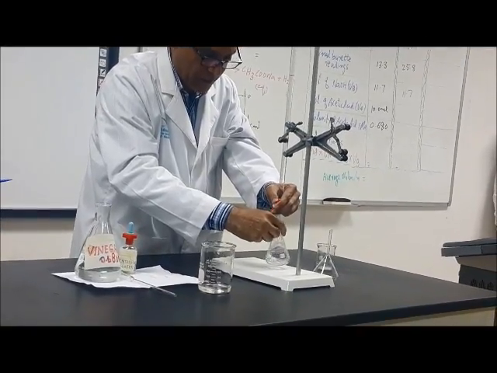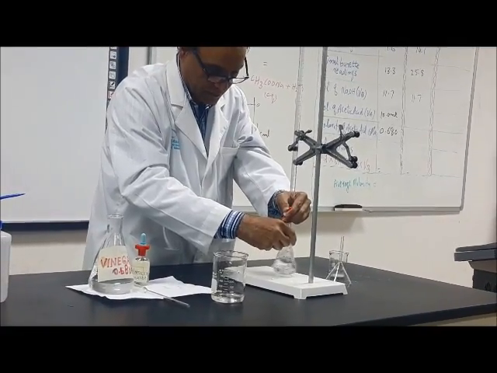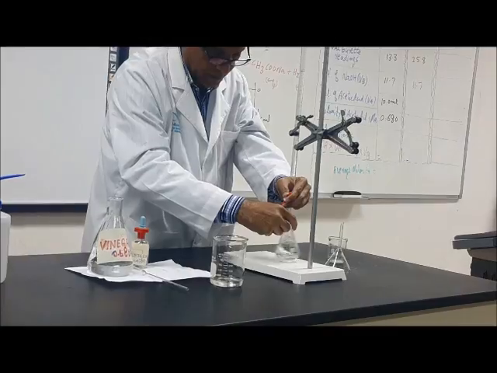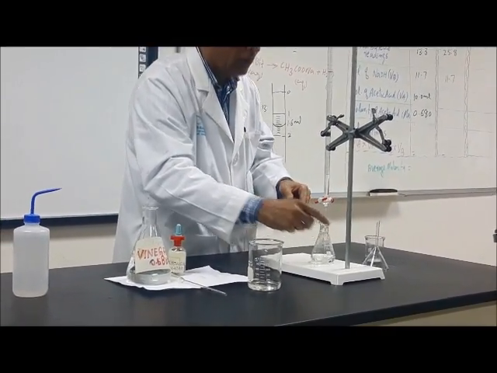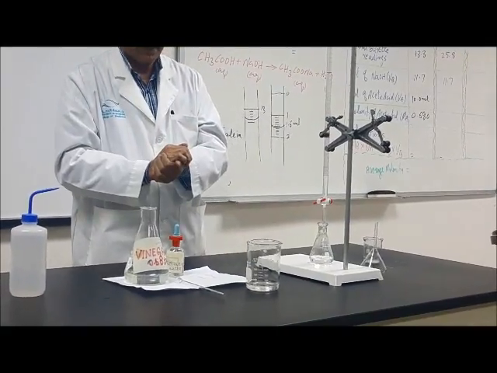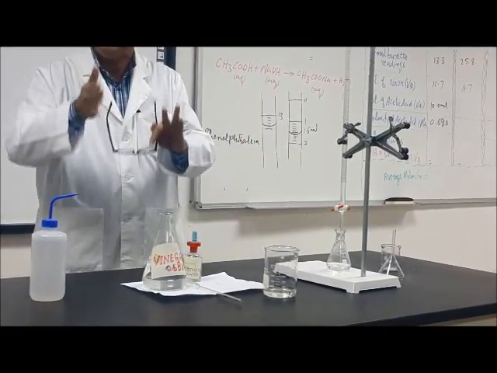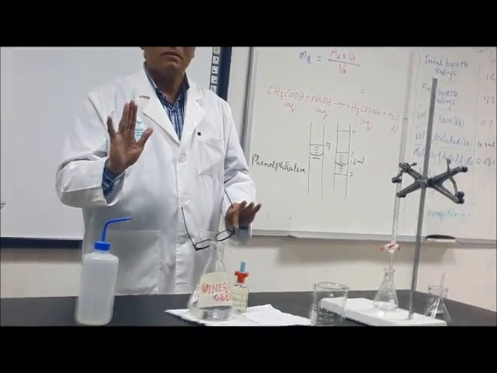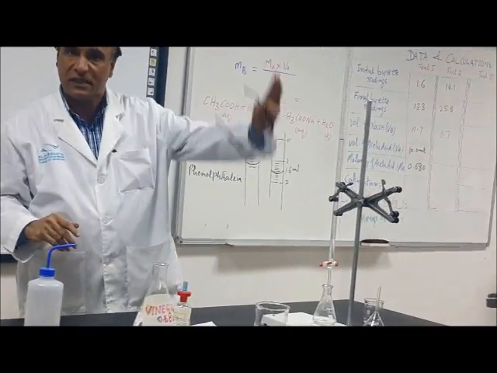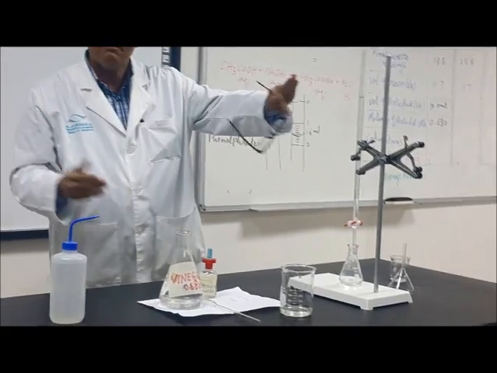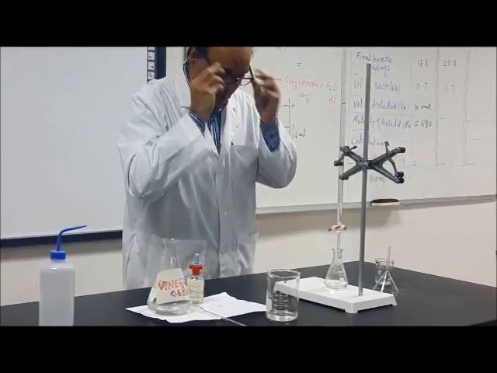And when the end point is near, how do I know the end point is near? The color stays long. Stays longer. Change in one drop. The color stays long. So now I will be more careful. Right? This is how you will do, because this is the experiment. Not only this time you are doing. When you are studying research work, maybe hundreds of times you will do such type of experiment. Not the same. So many titrations are there. This is the simplest one I made. Okay? So now